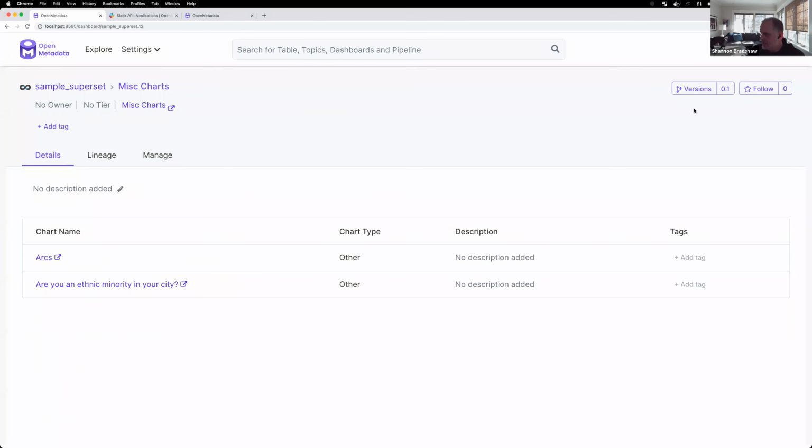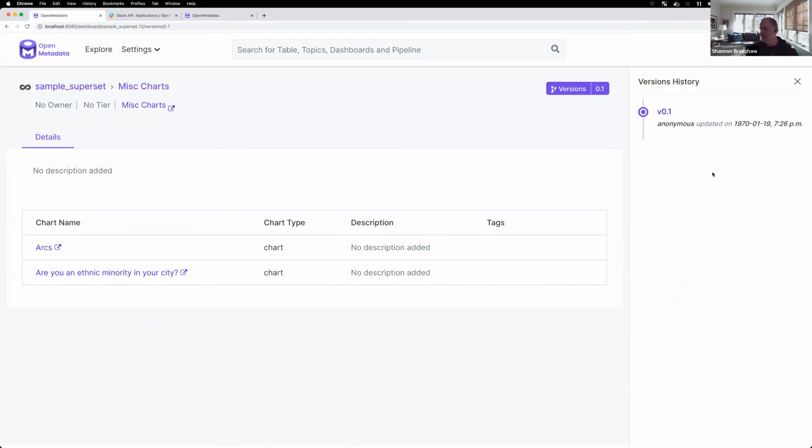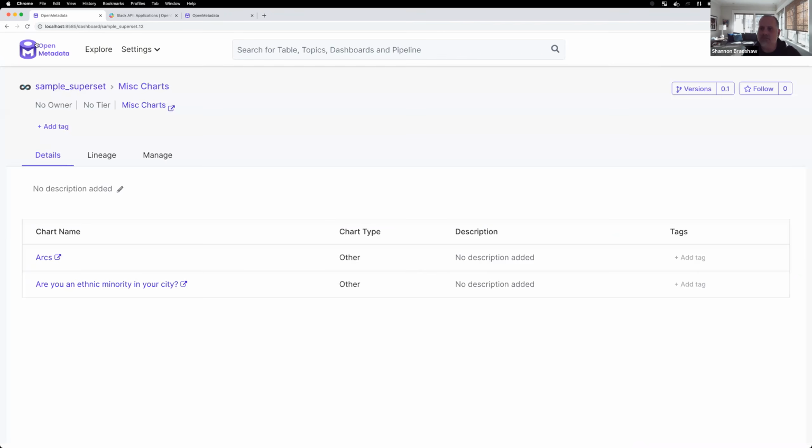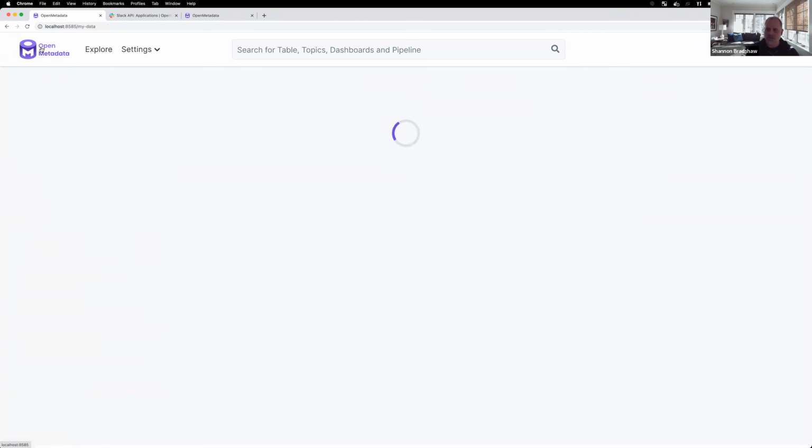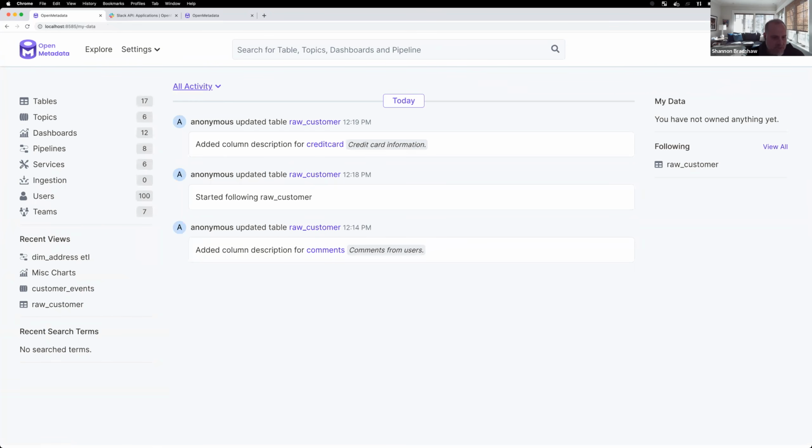Okay, note that there are versions. The version UI is set up. Version events are being captured and published for all entity types. And this extends to pipelines as well. Okay, we have done quite a bit of work with respect to versioning in this latest release of OpenMetadata. Versioning on all entities. We've got the Slack integration,